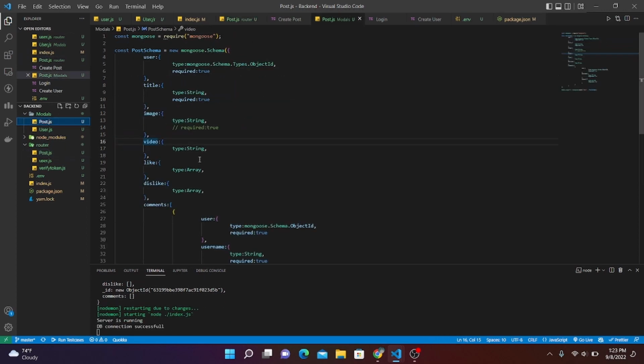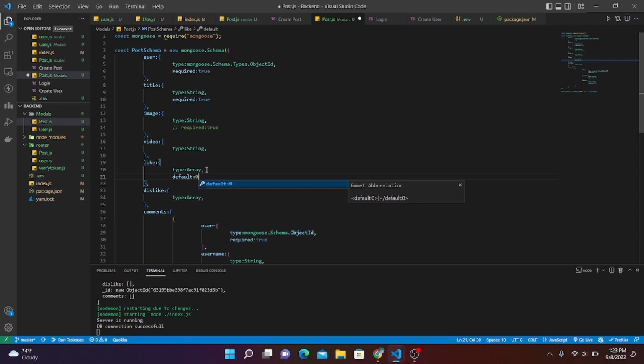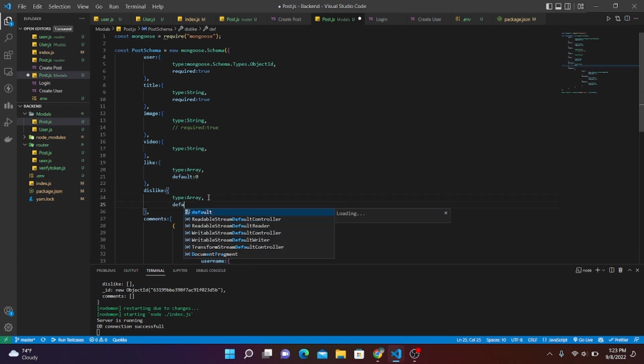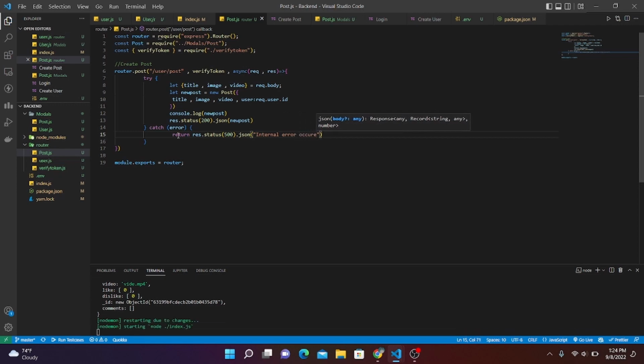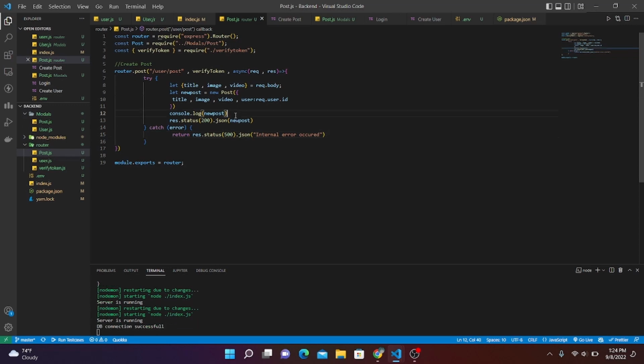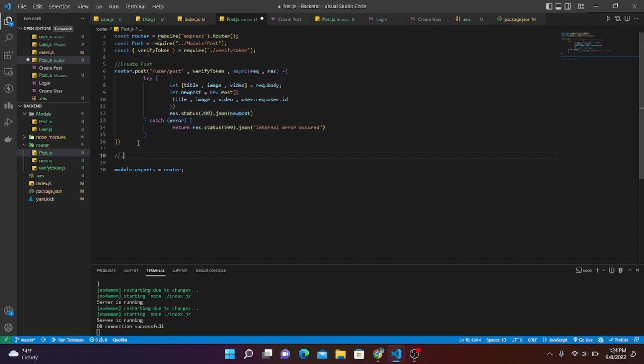and now what I'm going to do is write a default in our like and in our dislike, and let's write return res.status(500).json, and let's write internal server error occurred. And now let's remove this and let's try get. Let's write get post, verify token,